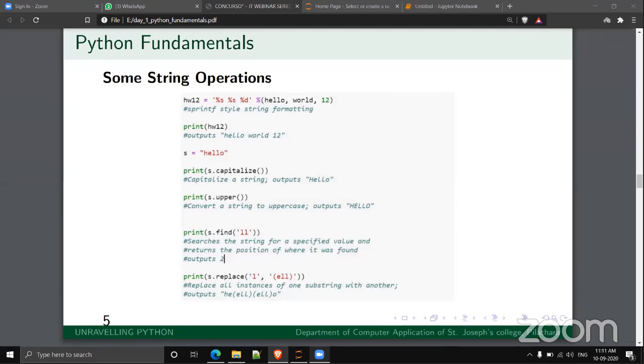So s dot replace l comma bracket ell bracket will give the result H e, bracket ell bracket, bracket ell bracket, o. Every occurrence of l is replaced with bracket ell bracket.